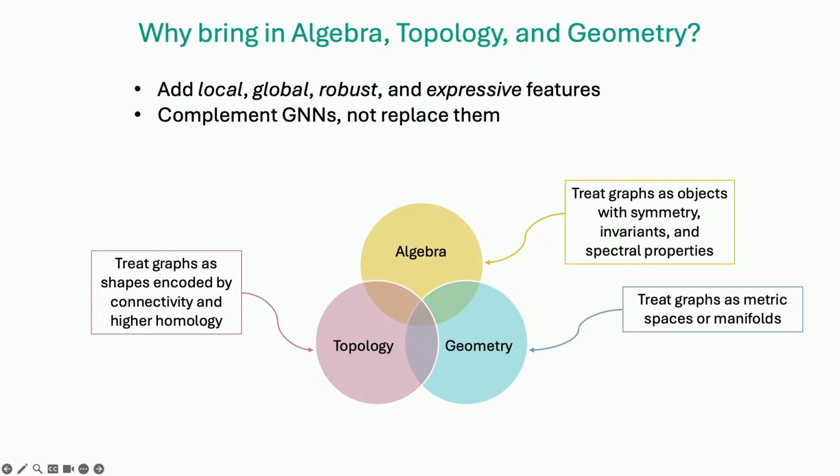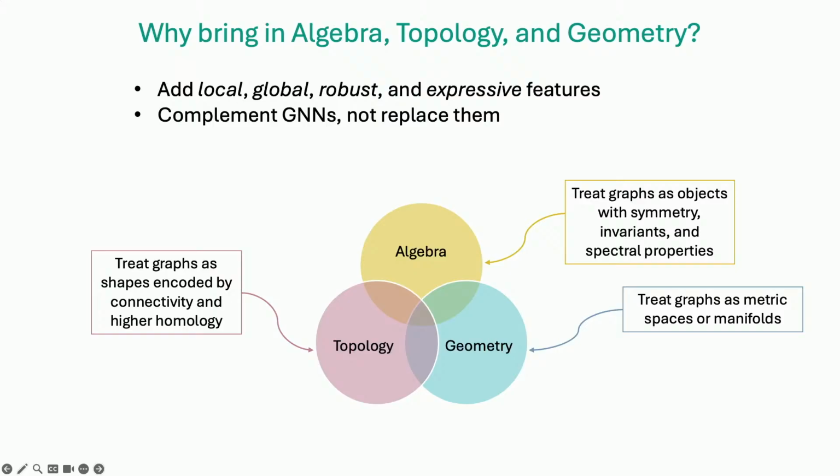There's the topology, right? Here you're looking at combinatorial topological spaces with vertices and edges, one-dimensional simplicial complexes for graphs in particular, but of course you can abstract to higher dimensions if you like. And then you can study shape features like connected components or cycles. I'll talk more about this later on. And then the algebra lens is basically treating your graph as an algebraic object, right, with adjacency or Laplacian matrices, for example, automorphism groups, representation theory if you get more exotic, and then you study its invariance and its symmetries.